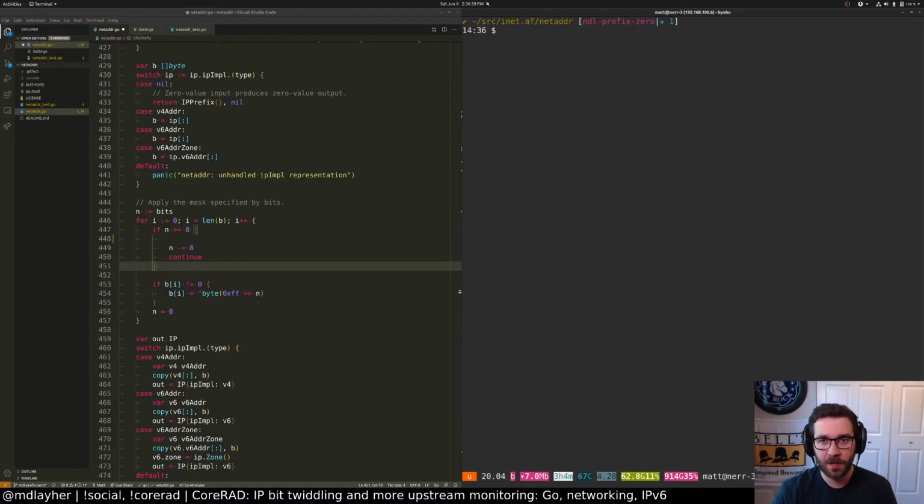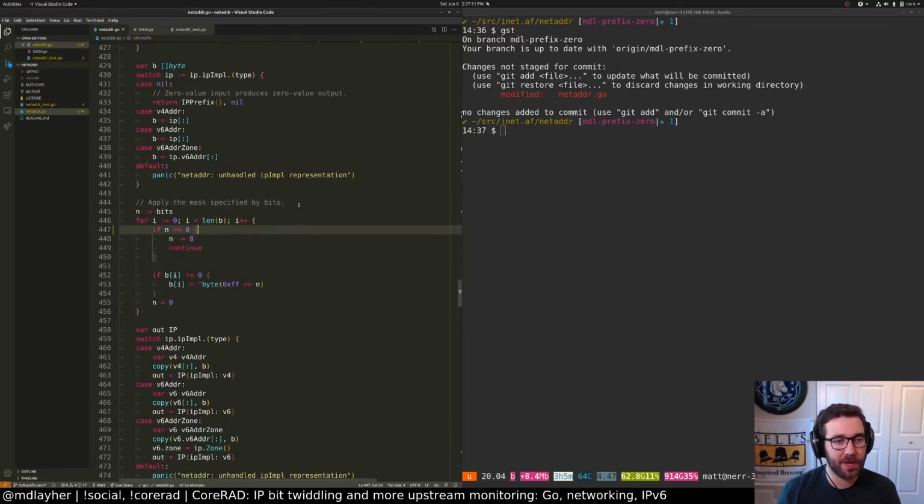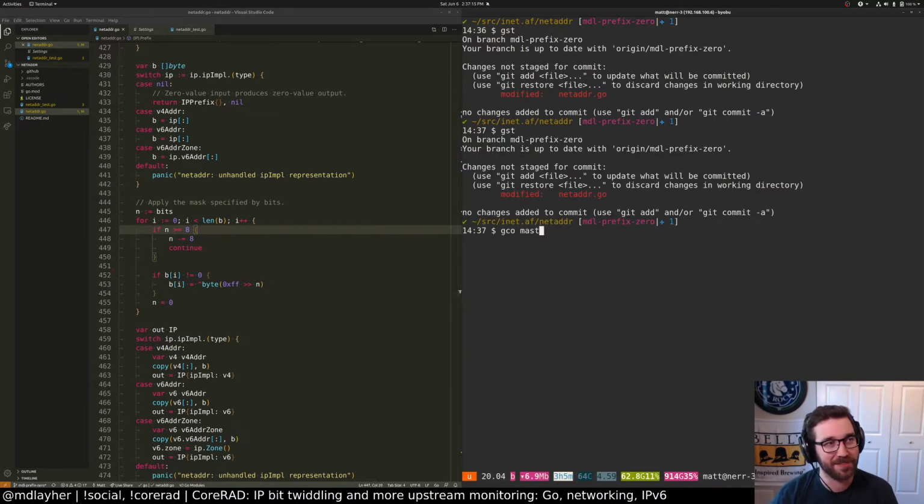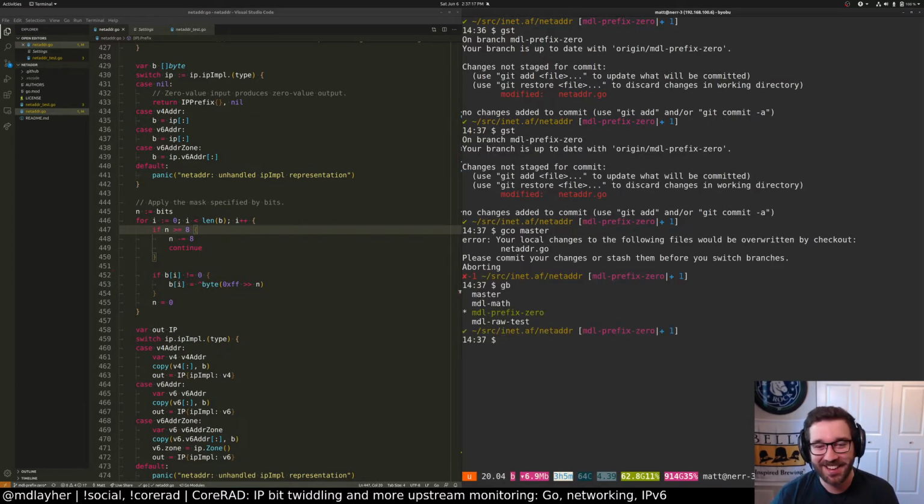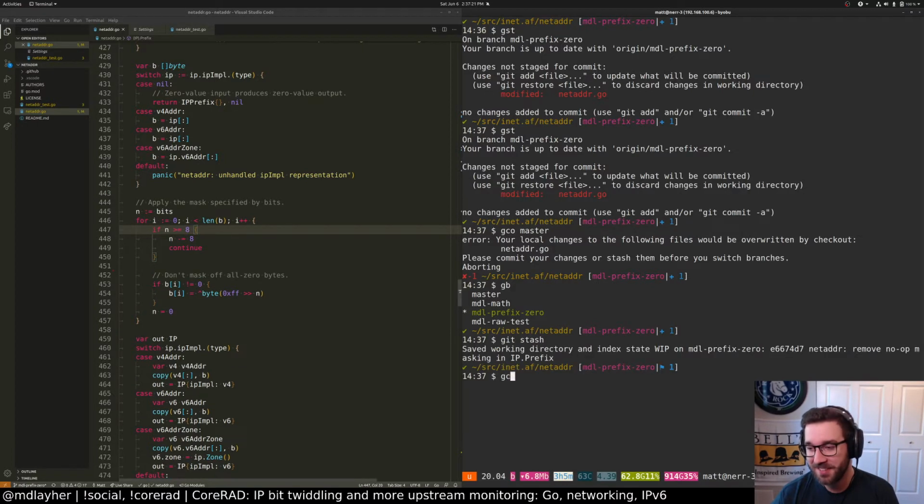Gotcha. Yeah, so Bandwhich is a super cool tool. You should install this. I like it. I run it on my router as well. I might have a really old copy here. I'm not sure. Anyway, I'm going to stop what I was doing here. We're going to write benchmarks because I don't know how to fix this problem myself. Or I did it wrong. So, git stash master.